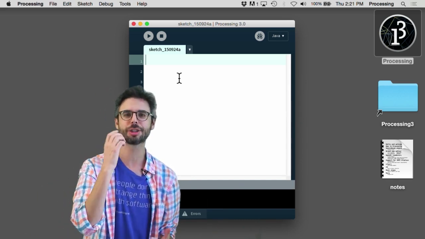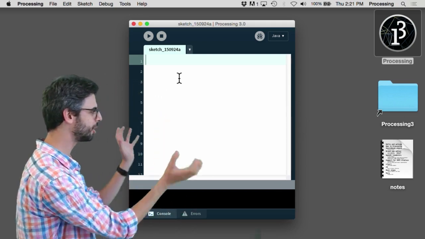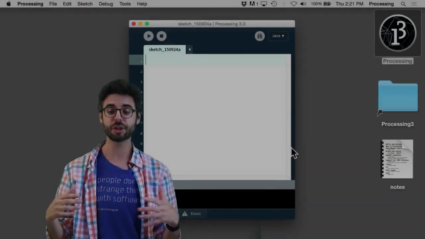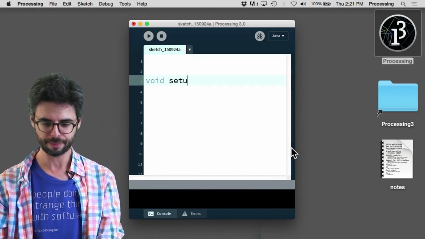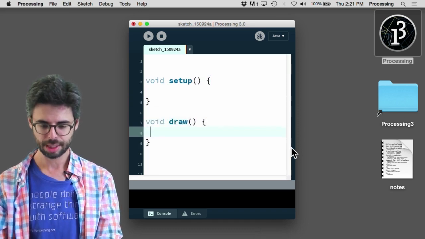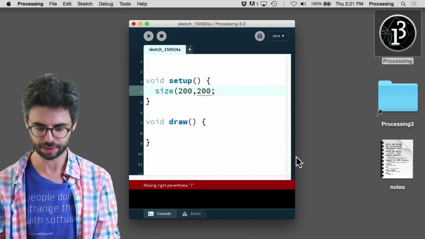So let's start with the new editor. I want to quickly go through some of the new features here in the editor, and the first one I want to look at is just how error checking works. What I'm going to start doing is I'm going to type some code, and I'm going to type void setup, and I'm going to type void draw, and I'm going to type size(200, 200);